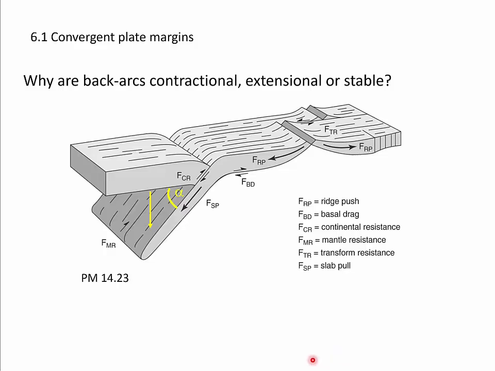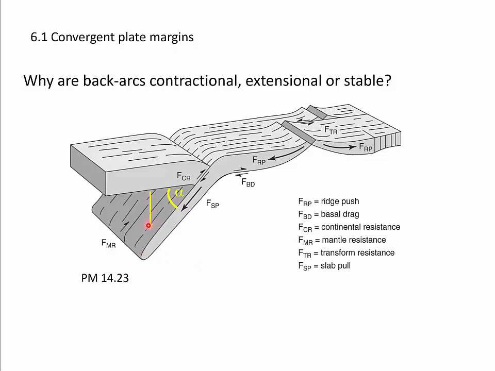The key to understanding this process and these tectonic switches from one setting type to another is the subduction angle. We see here subduction angle alpha describes how steeply the oceanic lithosphere is subducted,